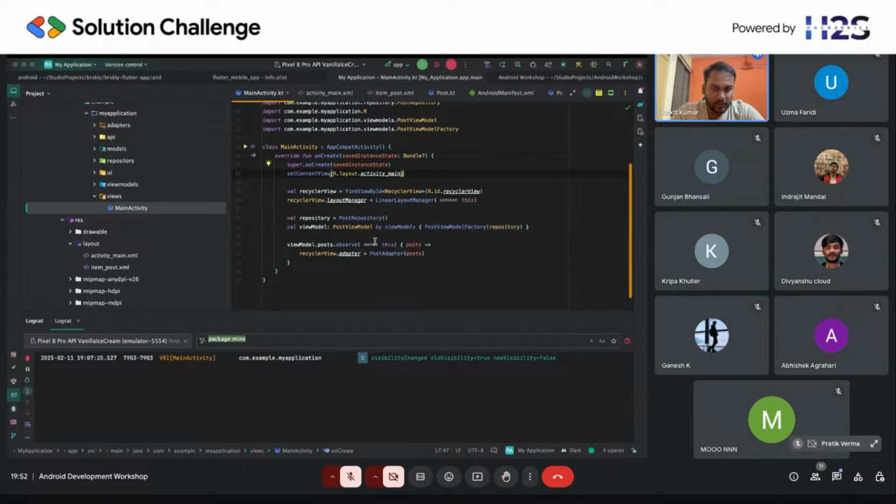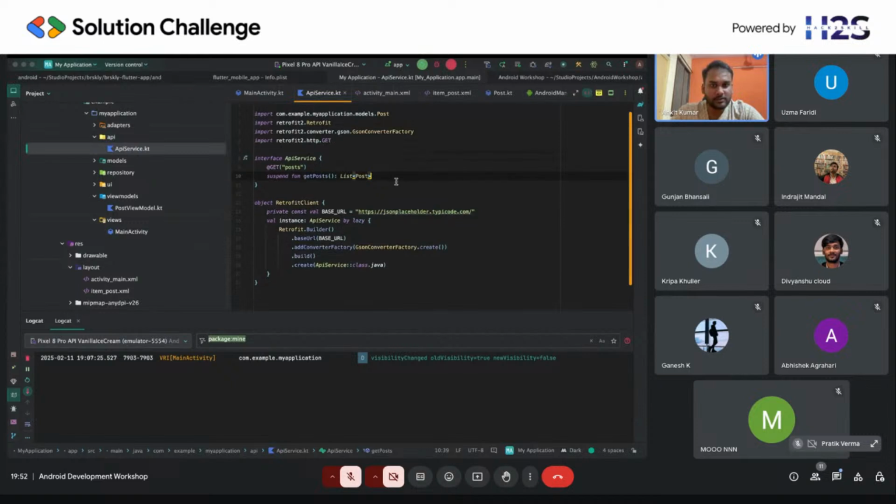What I can do right now is, I'm not going to show you view models because of the crux of time, but I'm going to show you how the APIs are called. So this is an API service. This is the endpoint of that particular API, and this function is used for calling the API. It returns a list of all posts, and this is just a placeholder kind of thing from where the data is being fetched. So if I quickly run this app,